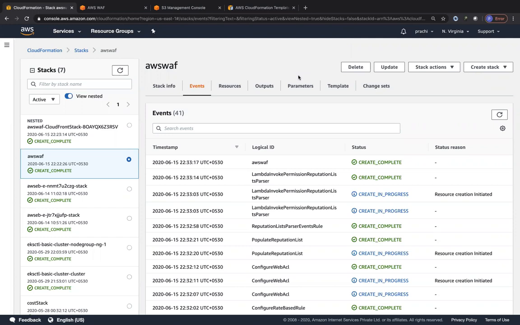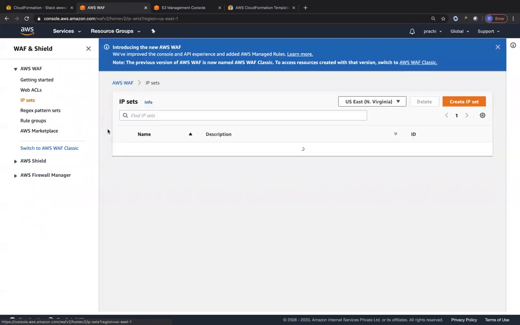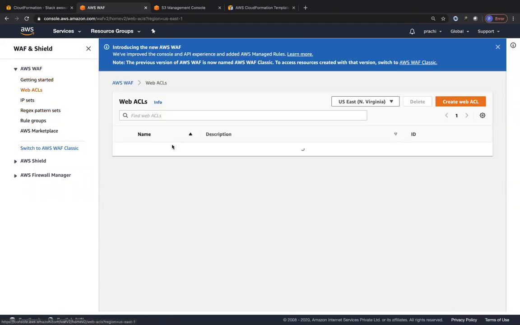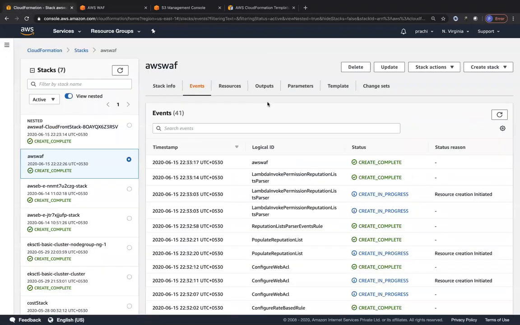So let's go to the console for AWS WAF in order to see all of these in action. So I'm just going to refresh this page right now. So it's specifically saying that there are no web ACLs found in this region, but let's look at the rule groups to see if anything has been created. There are no rule groups. Let's look at the IP sets. There are no IP sets. Probably I think it's just cached, or let me just check any other region. Probably I think the region that I deployed this template is in the Northern Virginia region.